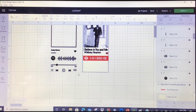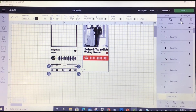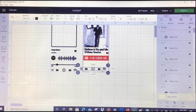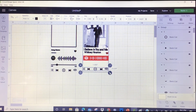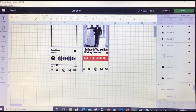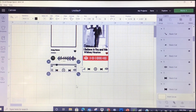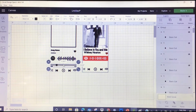This part right here, I am going to copy. I'm going to select it, not copy it yet. I'm going to group it. I'm going to duplicate it and just put it right in here. Make it a little bit smaller just to make sure it fits. I don't want it to be too big for my keychain blank. And now none of this is grouped. Okay, I only want this part. Now I could group this and I could just duplicate it and put it on mine just like this